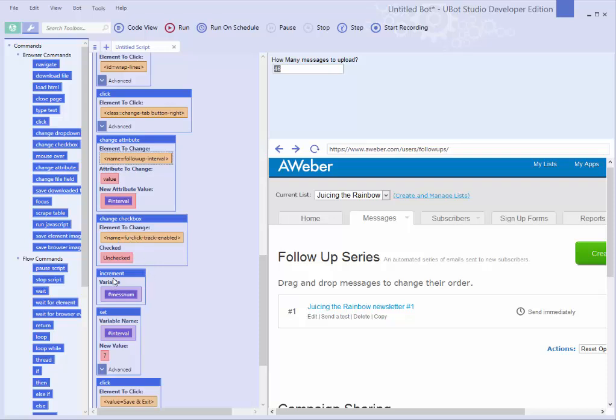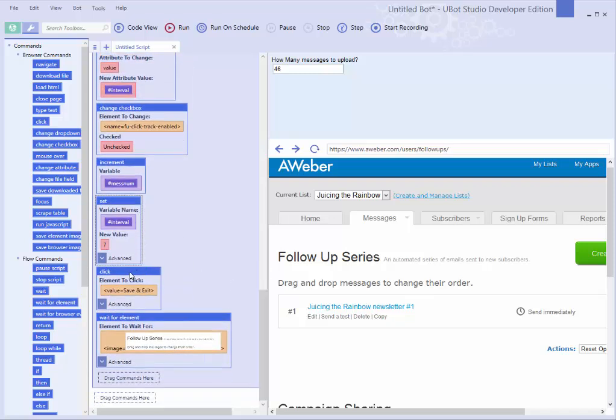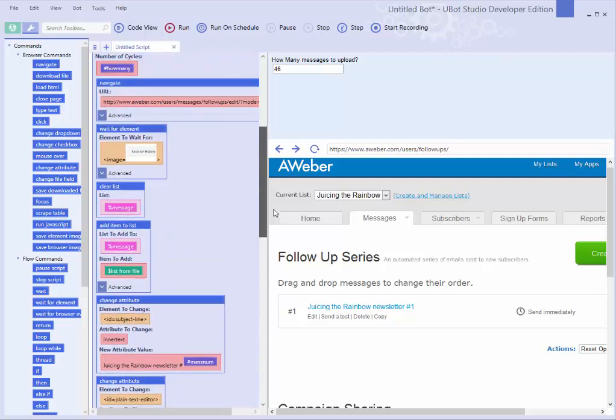And then we've increased the message number because we're now going to go on to message number 2, and we've increased the interval because from now on we want the interval to be 7 every time. When this comes through for every other iteration of this loop, from the second iteration all the way up to 46, this will be reset at 7. I mean, it doesn't need to be reset at 7, but that command will be carried out anyway, so it's not actually going to change the value. And then this clicks and saves the message, which then comes back to this screen, which waits for this area of the screen, follow-up series, before it then finishes the loop and goes right back up to the top,